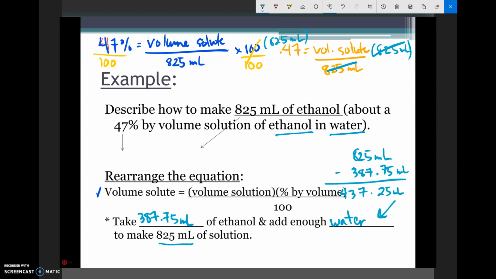So all we're doing is taking the solute part and the water part when we're making a solution and putting it together. You can assume it's water in a solution unless they tell you differently. And another way to figure out what's what, as far as volume of solute or volume of solution, usually your solution is larger, which makes sense. Just kidding. Your solution's always larger in these examples. So your volume of solution should always be the bigger number in these examples. Okay,